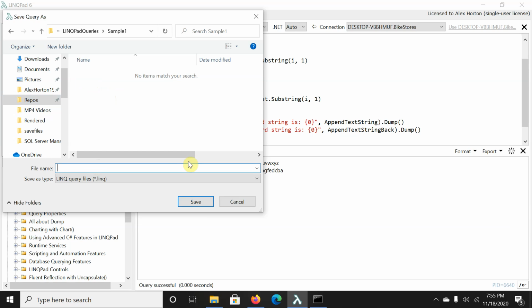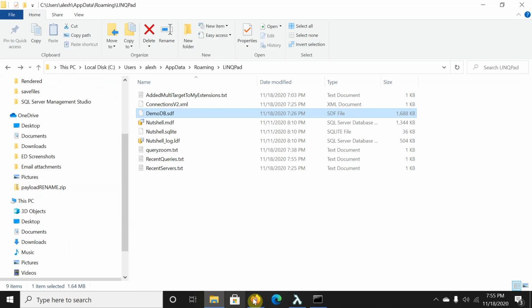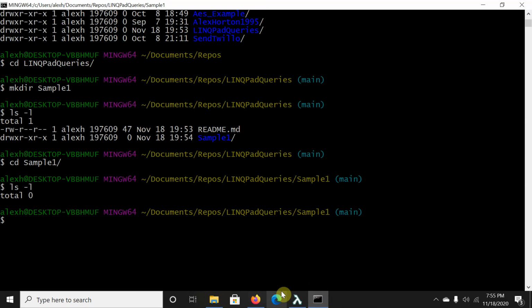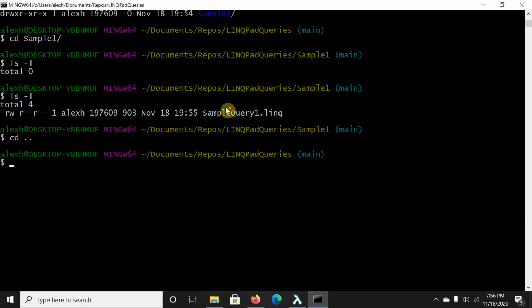I'm going to give this a name. I'm going to call it sample query one, and it'll create a link in there. So now if I go back to my command prompt, or my bash, I should say, ls -l, there's my sample query one.link. So now if I go cd.. to go back up a directory, I can say git add